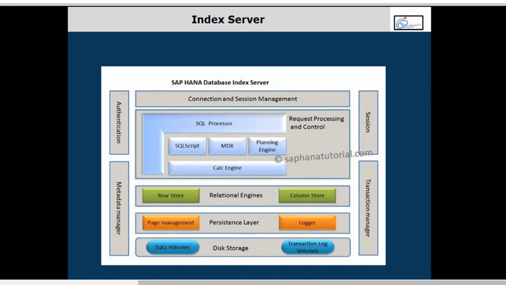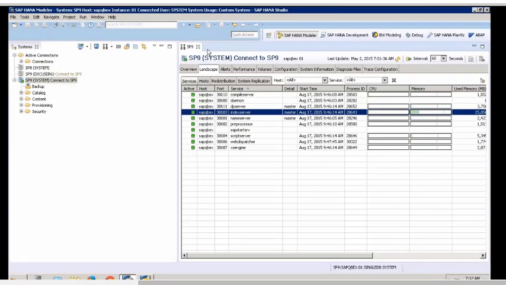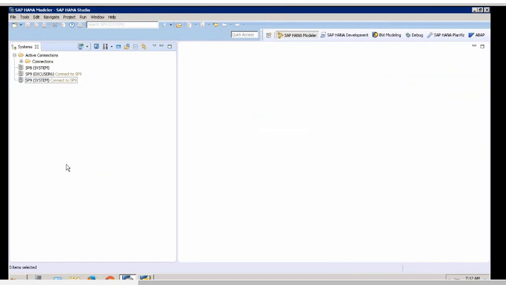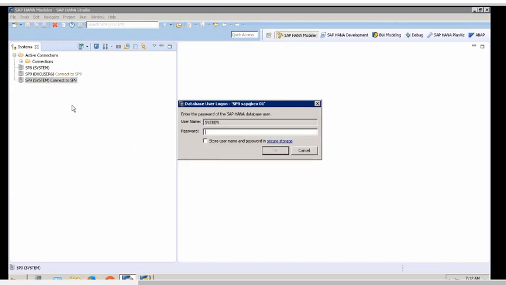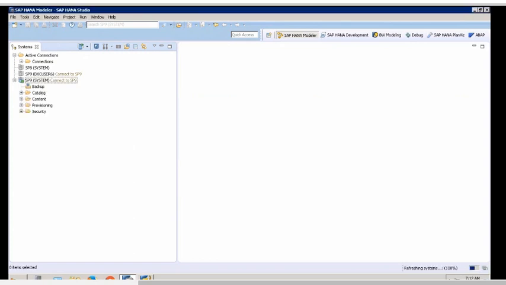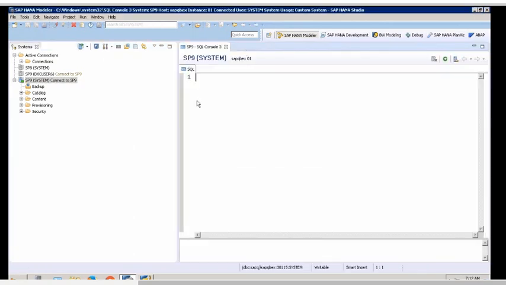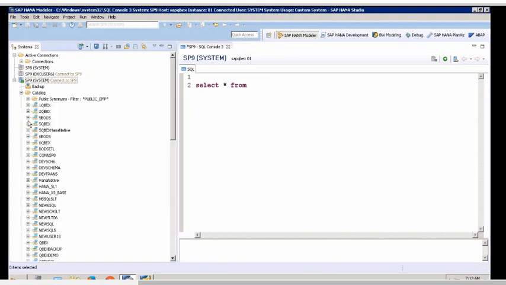For example, look at this now. I'll come to this later, but let's say this represents one HANA system. I right-click and, from the client system, log on to my server. Okay. When I give the user, it does some authentication and allows me to log into the system. Once I've logged in, a session is established. Let's say I open some SQL editor, and this will be referred to as one session. And I start running some commands, say select star from some table.